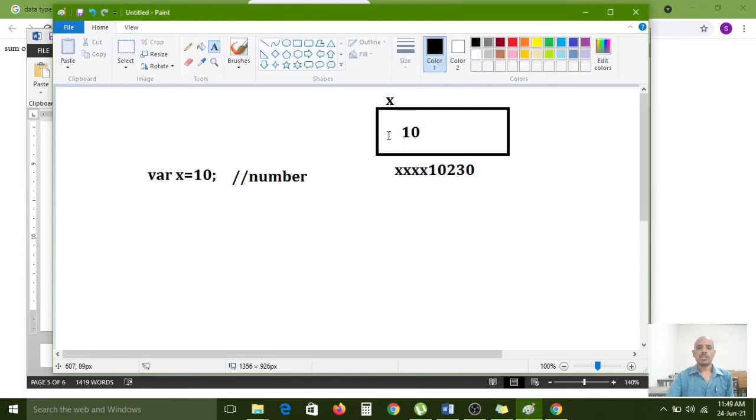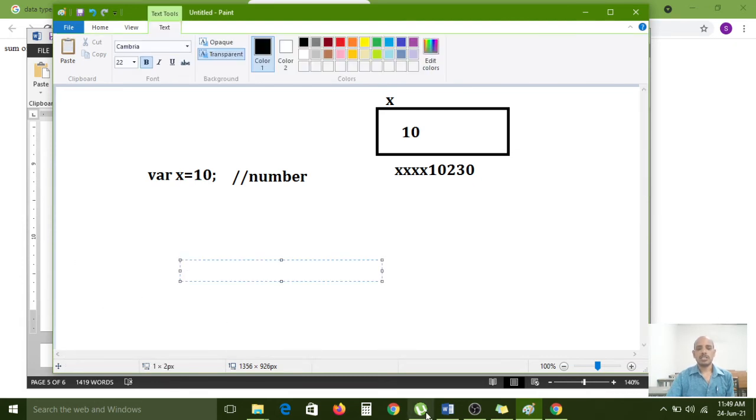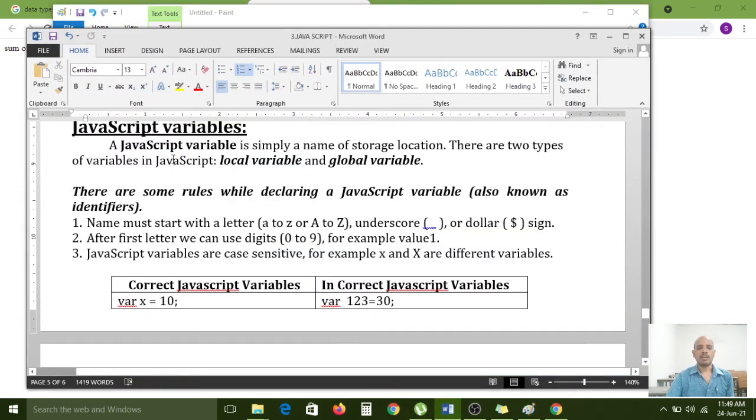Like that, while running, it will create a memory location for the x variable. After that, whatever value it stores, it stores inside. So that is the definition: a JavaScript variable is simply a name of storage location.